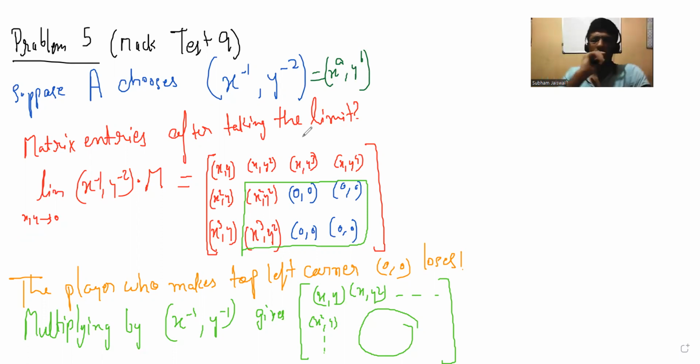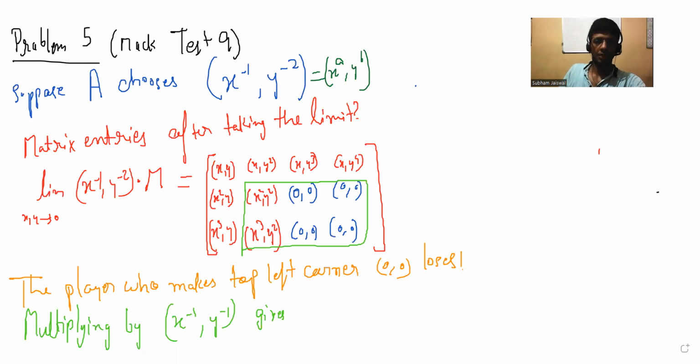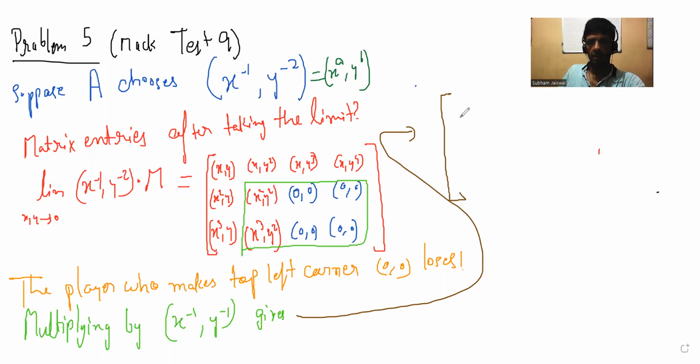But I'm not understanding clearly. So you're saying that if player A does this, then let's take it one step at a time. I've already written here, so let's not write it. Let's just change this one only. Let's be careful here. Then you try to frame your argument. So let me just write it first. So if player A does this, we get this.